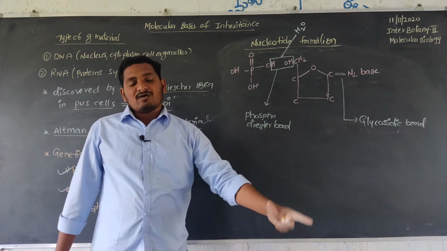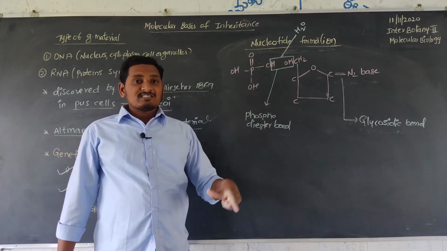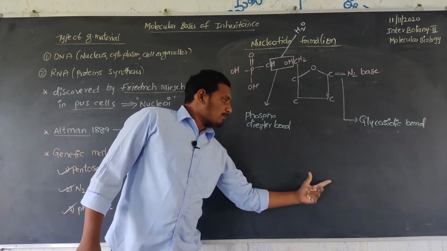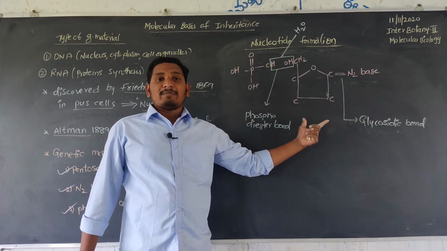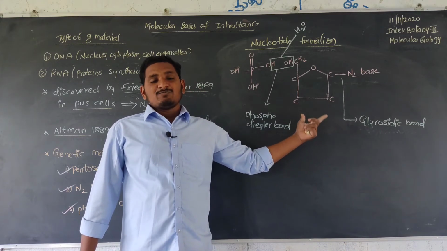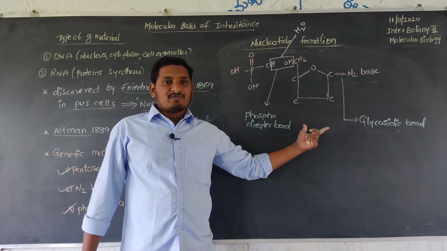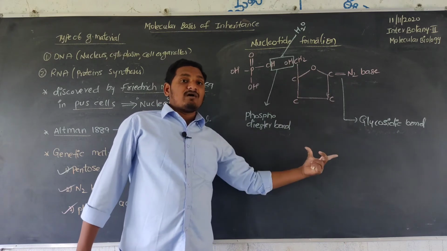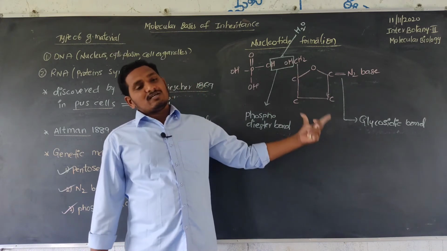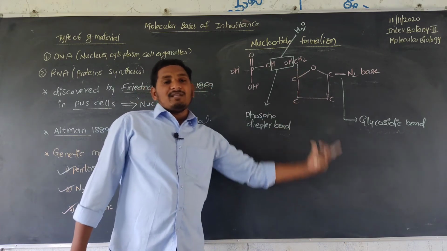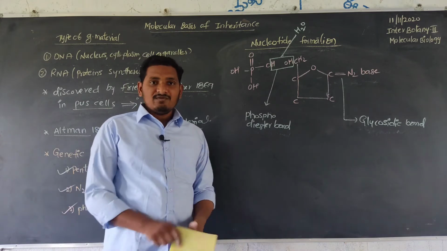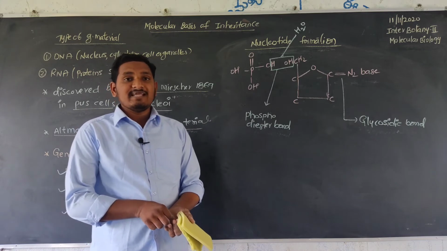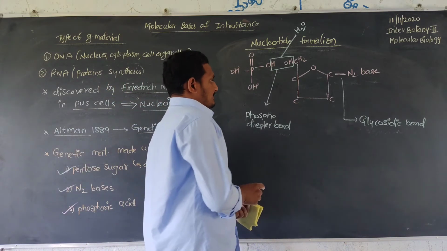In this nucleotide formation, which is one nucleotide, one more nucleotide attaches with these two functional groups, and one more functional group here and down. Many nucleotides joined together form a polynucleotide chain. This polynucleotide chain makes up the DNA structure. So this is one nucleotide, one more nucleotide attaches with two functional groups, another nucleotide attaches with two other functional groups, and next, one more nucleotide, like that. Many nucleotides are joined together to form the polynucleotide chain, which is mainly present in the DNA structure.